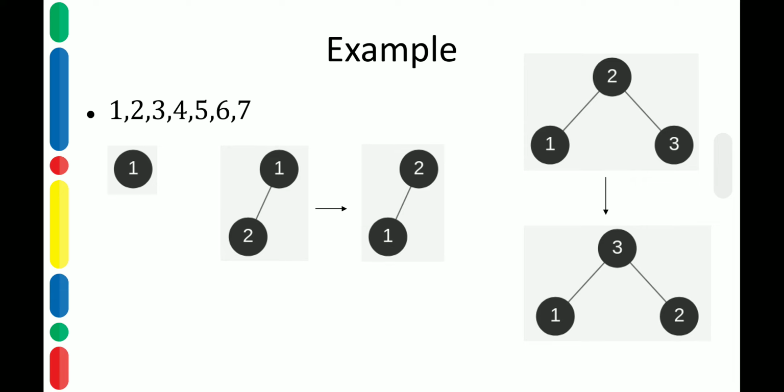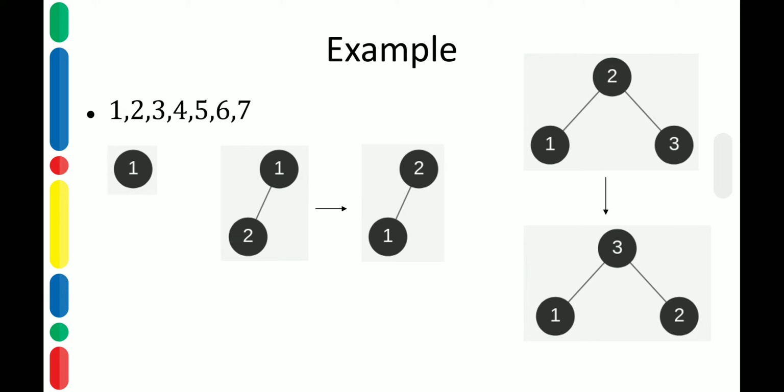As shown on the top, 3 has been inserted as the right child of 2. But if we check for the parental dominance of this inserted node, the parental dominance is violated because 3's parent 2 is smaller than it. So what we have to do, we have to exchange them. We have to exchange 2 and 3. 3 becomes the root node, and now we see that the parental dominance is satisfied.